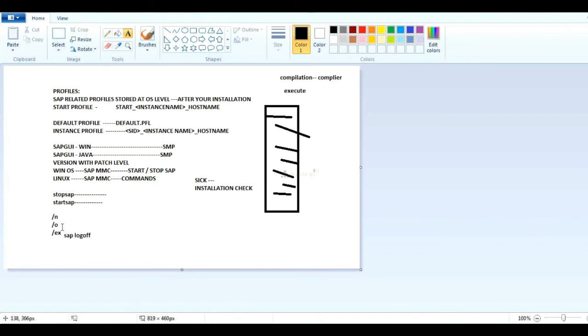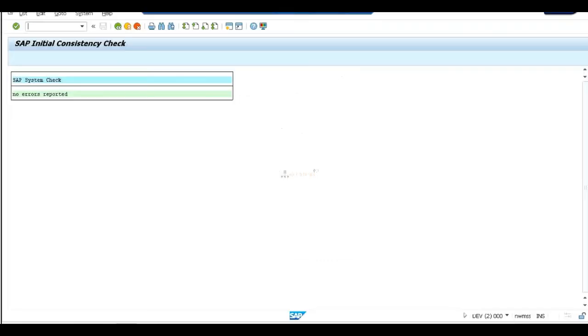So some users are opening multiple sessions with /o, unnecessarily, but those sessions are not being used properly, right? Whenever sessions are opened, every session will be assigned some memory, right? So if everyone is opening many sessions, what will happen? My system will hang, right?